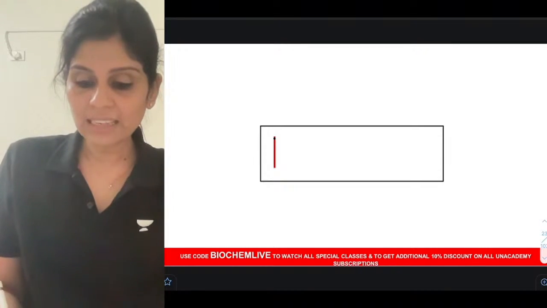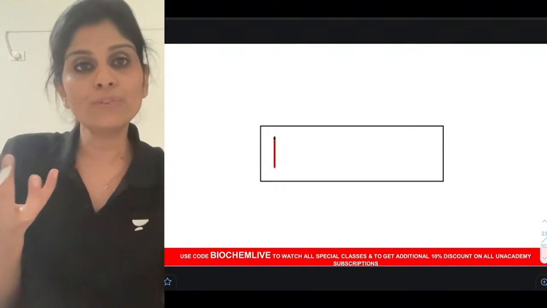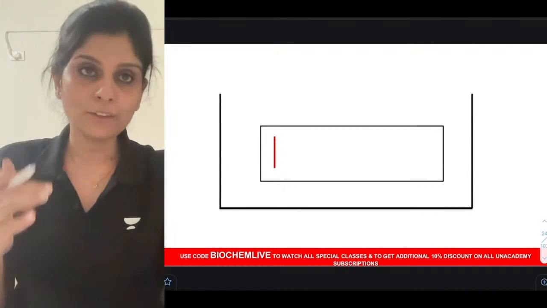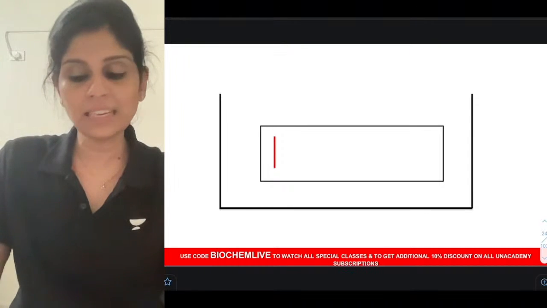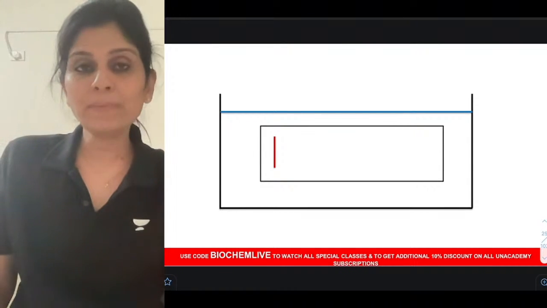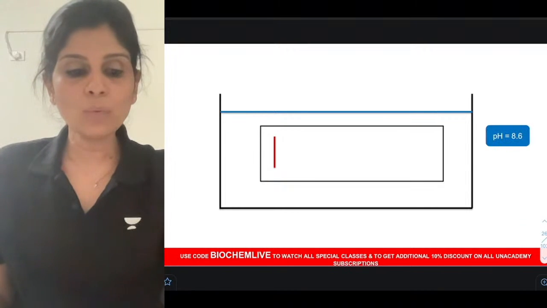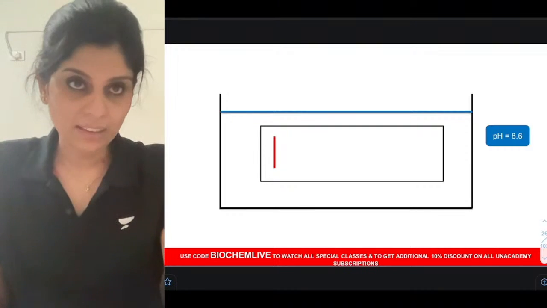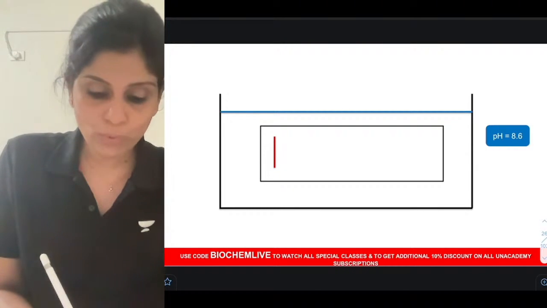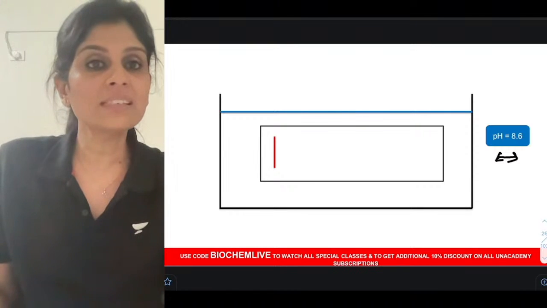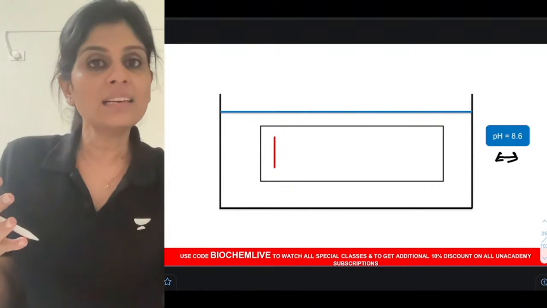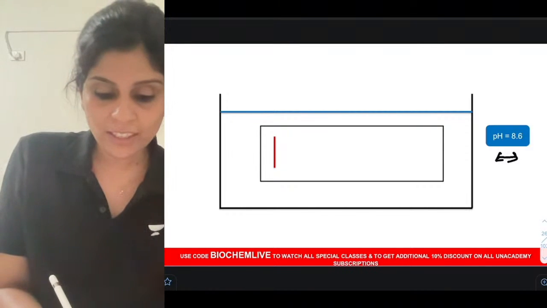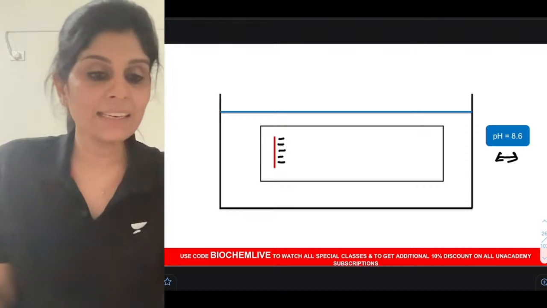And then you place this glass slide on an electrophoretic tank. This is how an electrophoretic tank would look. You place the glass slide on the electrophoretic tank and you fill the tank with an alkaline buffer of pH 8.6. Can any one of you try to reason out why alkaline buffer is added? It is because when you drop all these proteins in an alkaline buffer, they try to neutralize the alkaline pH. To neutralize the alkaline pH, they give off all their H+. When they give off all their H+, what charge will they carry? They all now become negatively charged.